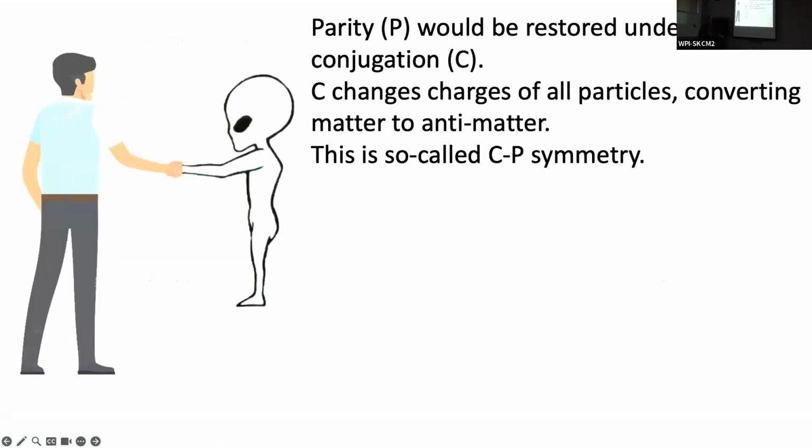Now, this story ultimately comes from Richard Feynman, great physicist Richard Feynman. And it turns out, though, that the law of parity would be restored under charge conjugation. Charge conjugation means changing the charges on all of the particles, in essence, turning matter into antimatter. So the violation of the law of parity in matter is reversed in antimatter. That's called CP symmetry. And CP symmetry can be violated in some other kinds of special circumstances. But in any case,